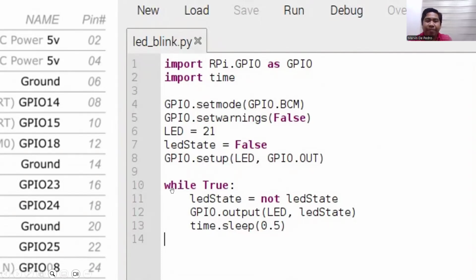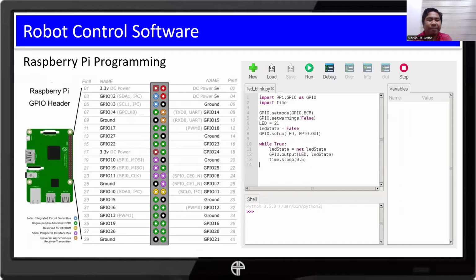And then we have this loop. While True, it will do these statements. Basically it will just blink. So that's a very quick overview of Raspberry Pi. And I think we have another slide.